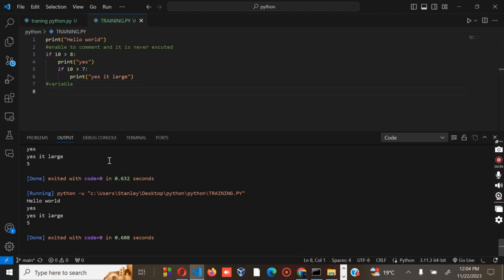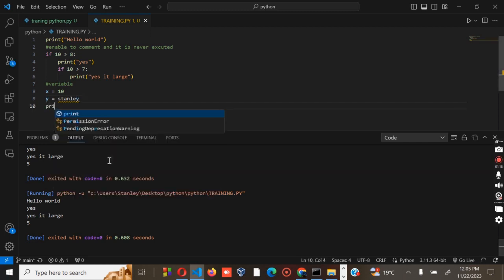Let's assume that we have a variable, the value of x is equal to 10, and y, the value is Stanley. That's my name, Stanley.